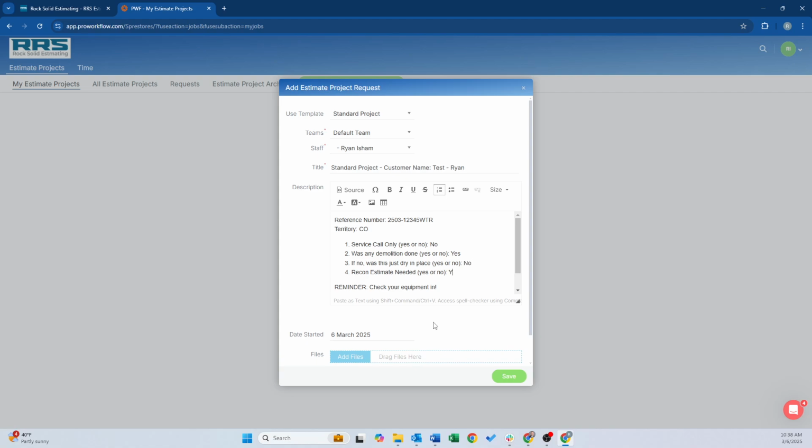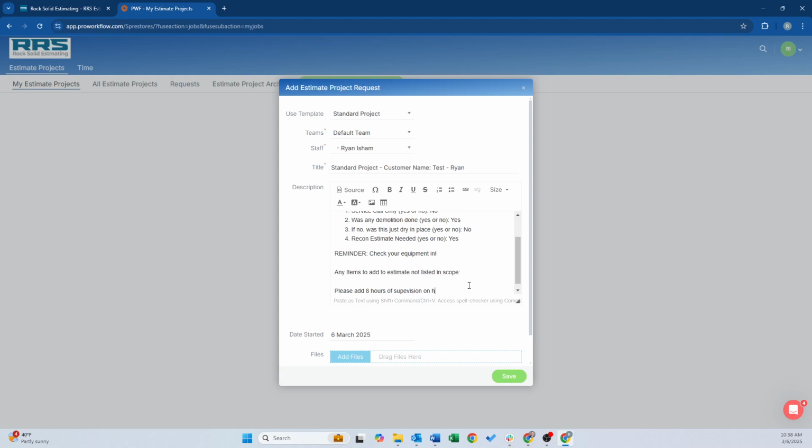And again, for the sake of this training, we will also put that we're going to flip the reconstruction, so we'll put reconstruction meeting. Right here, check in your equipment. Are there any other items listed in this that you need to add, not listed in the scope? For the sake of this, let's just put, please add 8 hours of supervision